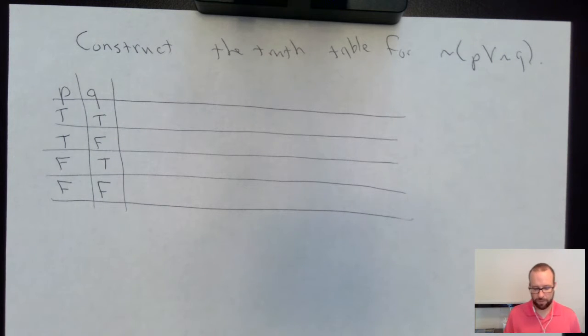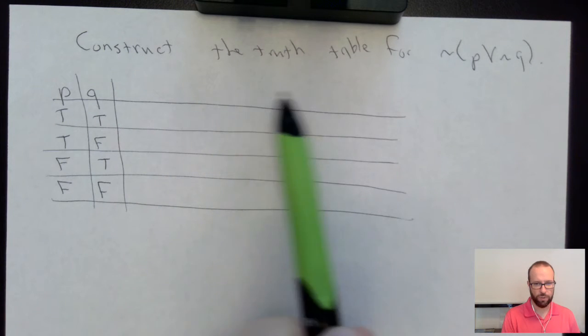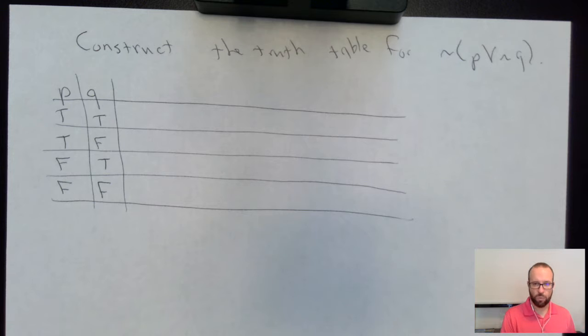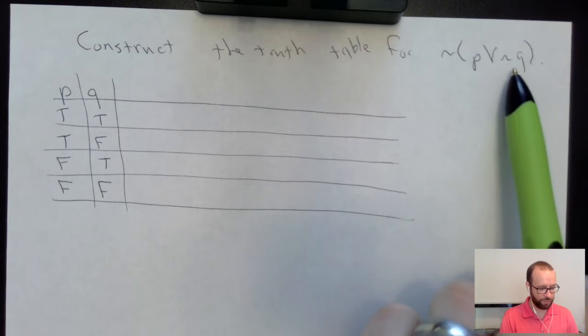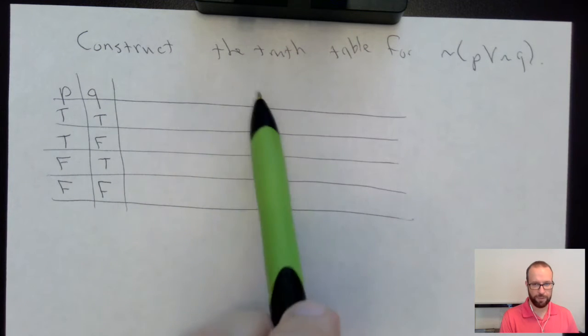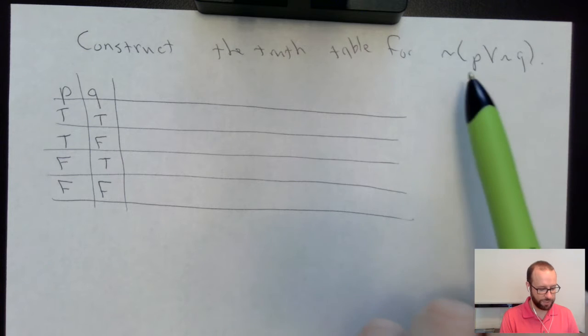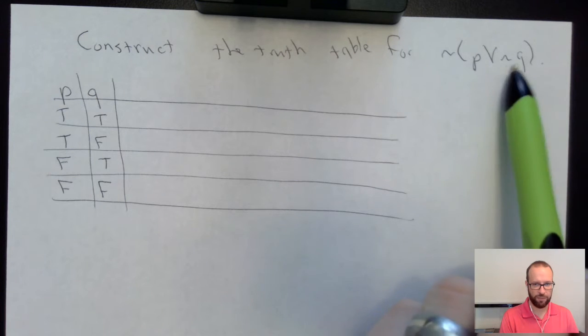Now, the hardest part about making a truth table, I think, once we've got it, is figuring out what order the things should go in here. Really, that comes down to our order of operations. We're going to put each step that we would make, given values for P and Q, across the top here in order. So if I knew what P and Q were, the first thing I would do is definitely take